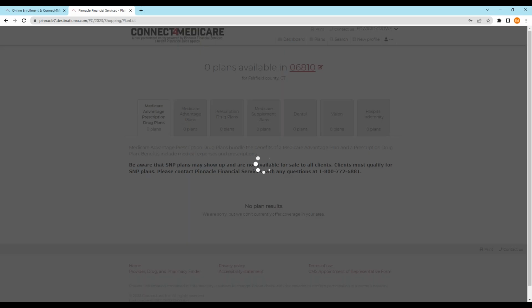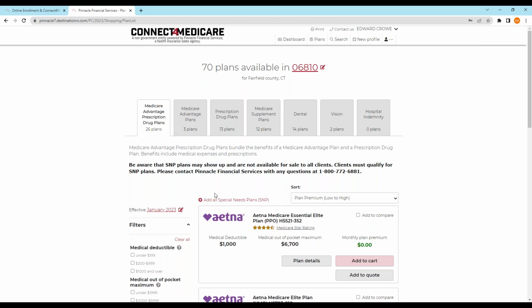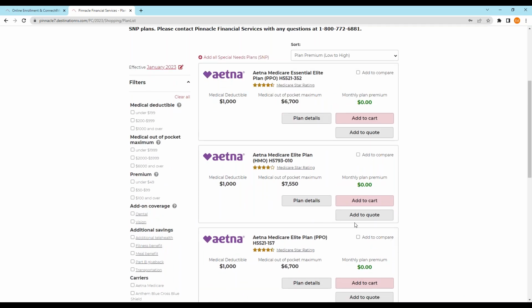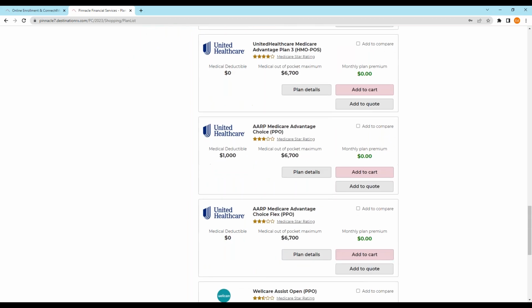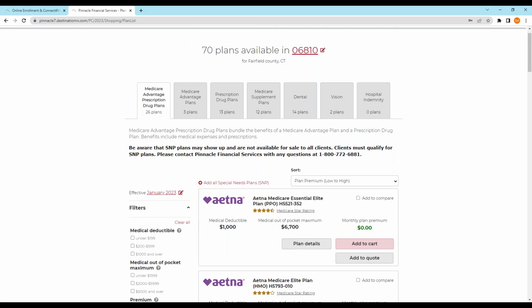Okay, as you can see, I put that in. It's going to give us Advantage plans, MA only, standalone PDPs, Med Sup. You've got here now the new dental, vision, and indemnity tabs, which will start getting populated in the next couple days with more plans. If you want to quote regular MA, that's what it defaults to. If you want to quote SNPs, like duals, for example, you click the dual tab and the duals will show up.